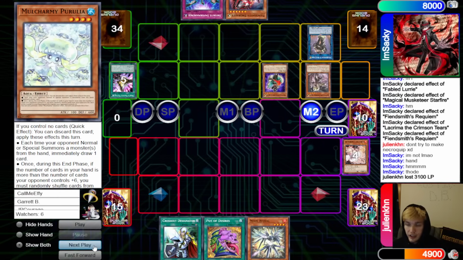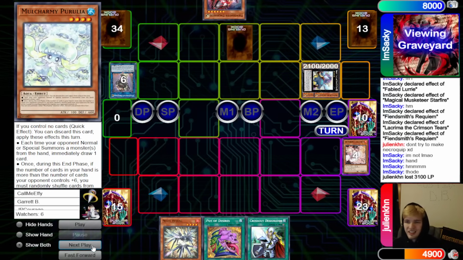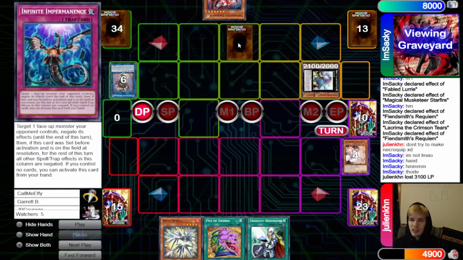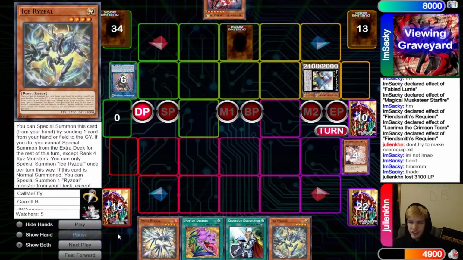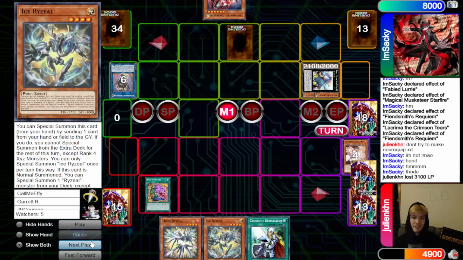Okay, and then main phase 2, overlay, make Babushka, and then set Imperm, pass. And they have Fiendsmith in Graveyard plus Babushka. What do they draw for turn? They draw Ice. Okay, so activate Desires, go banish and draw, and then we'll check everything that's banished right after